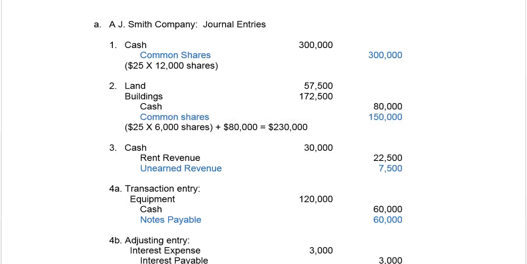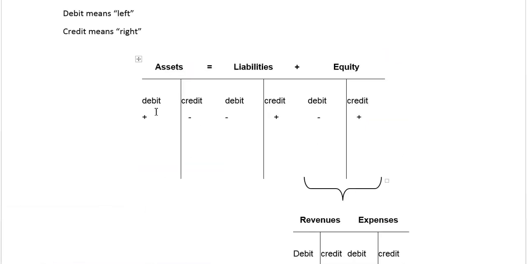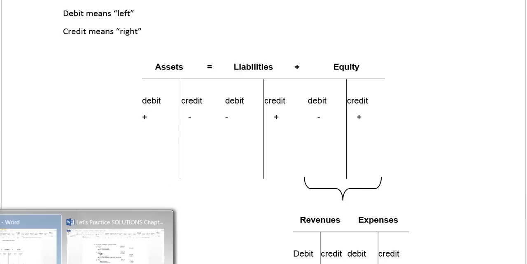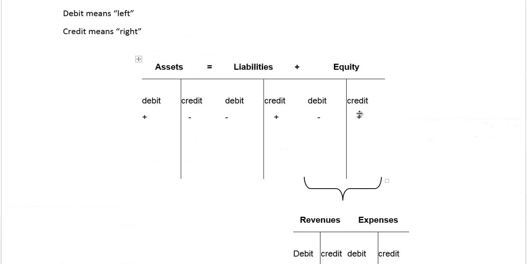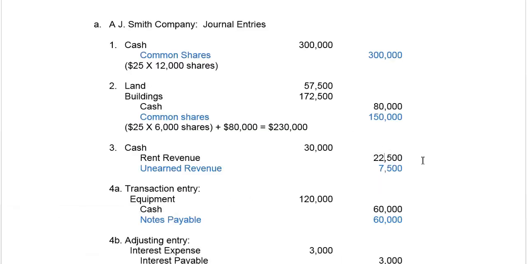So what about when we took in cash? When Frantech paid us $7,500 at the end of every quarter for 4 quarters. Well, we took in cash, so our cash is an asset. When an asset goes up, it goes up on the left, and left means debit, right? So similarly, we had rent revenue, which was an equity related account. And we said that when equity goes up, it goes up on the right, and right means credit. So the account that we have to credit to make equity go up is a revenue account, right? So we've got a credit to